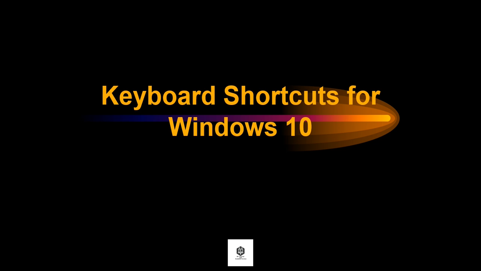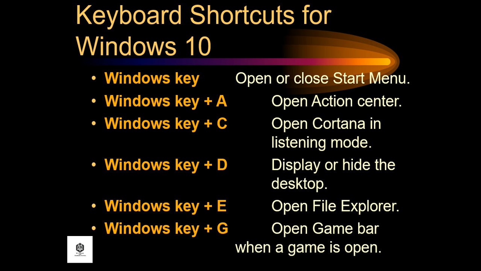How about the keyboard shortcuts for Windows 10? Examples are Windows key, open or close start menu. Windows key A, open action center. Windows key C, open Cortana in listening mode. Windows key D, display or open